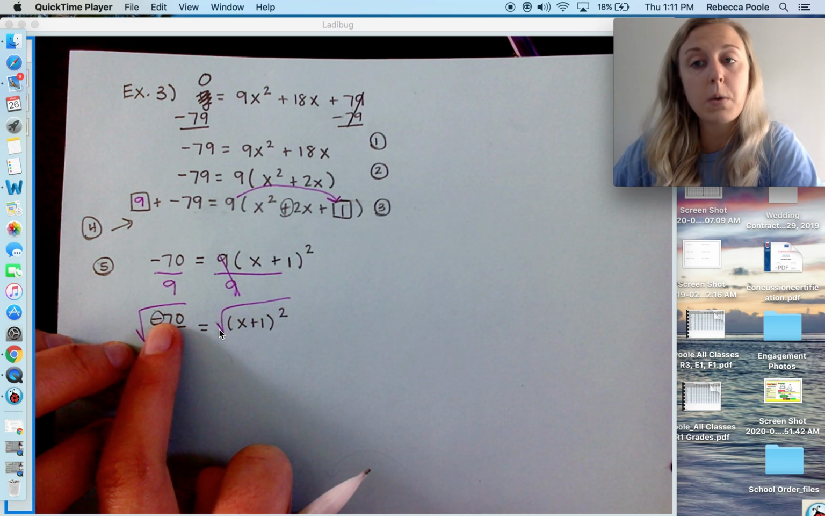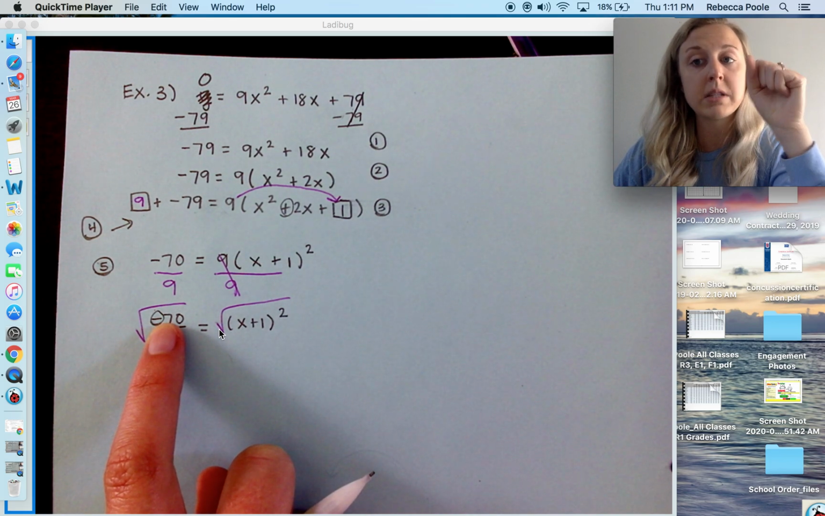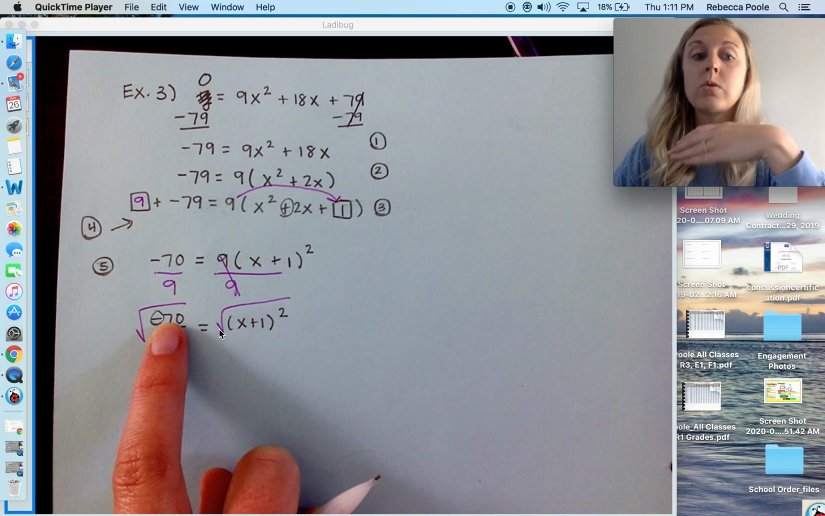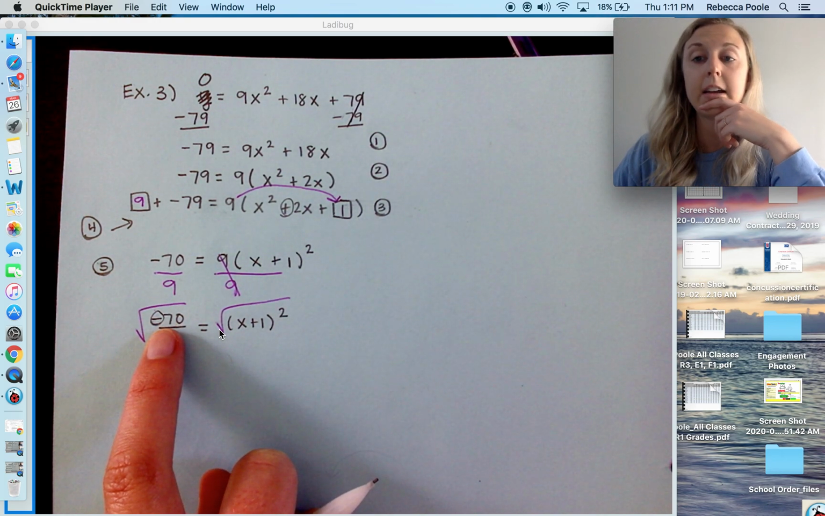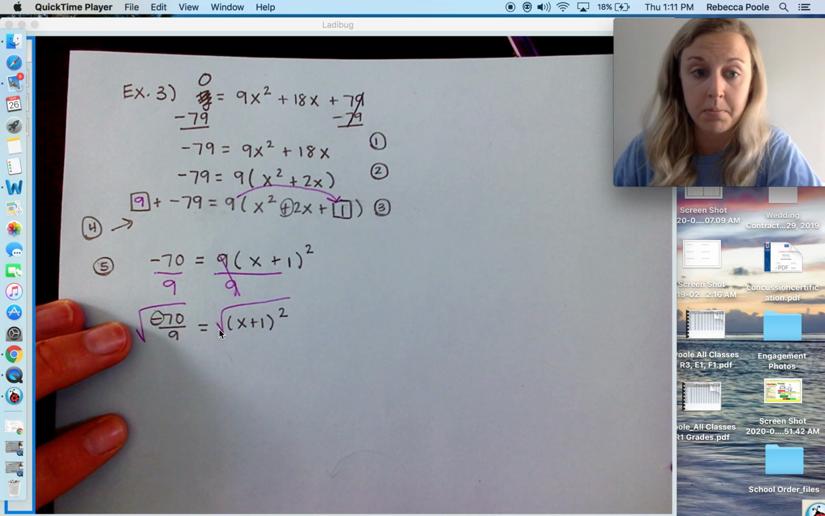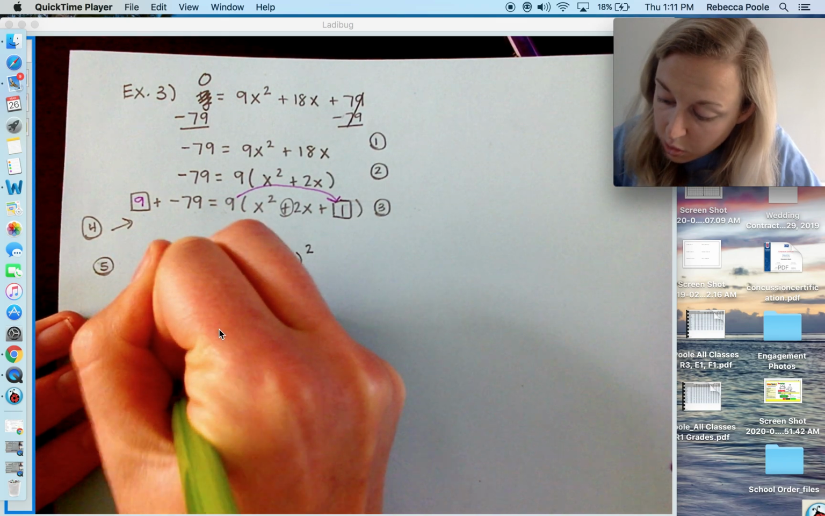You can't take the square root of a negative. So remember, anytime we're multiplying two numbers by themselves, like 2 times 2, that's a positive 4. Negative 2 times negative 2 is also positive 4. So we can't have a negative. So when you have the square root of a negative, remember that means it's an imaginary number, okay? So this is going to be imaginary square root of 70